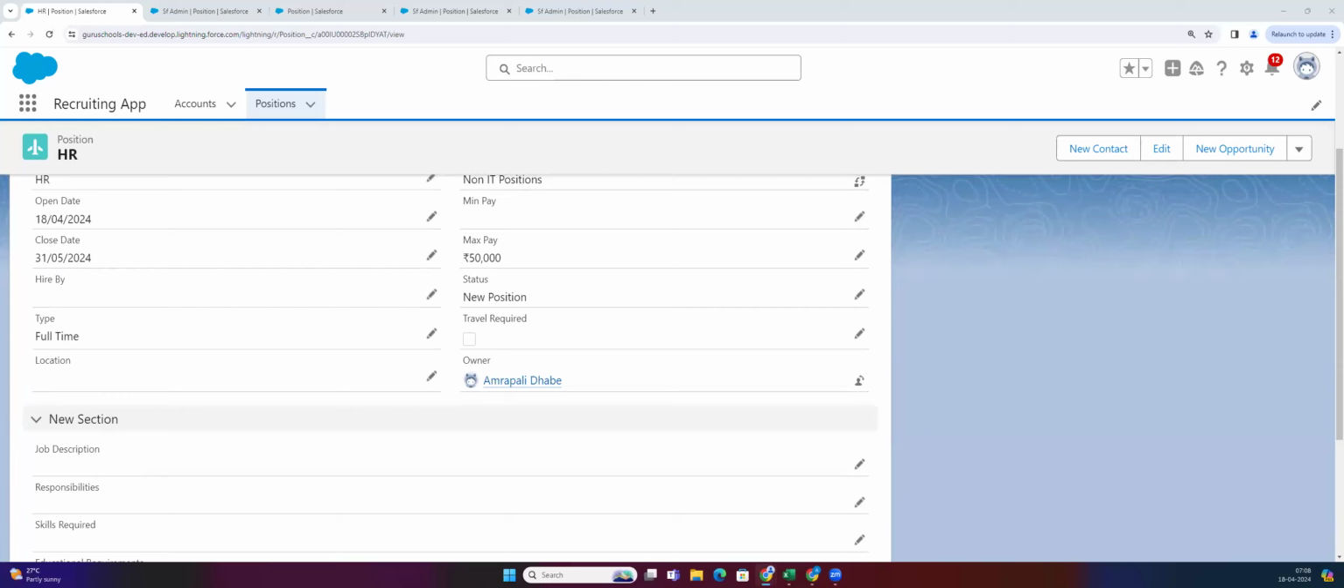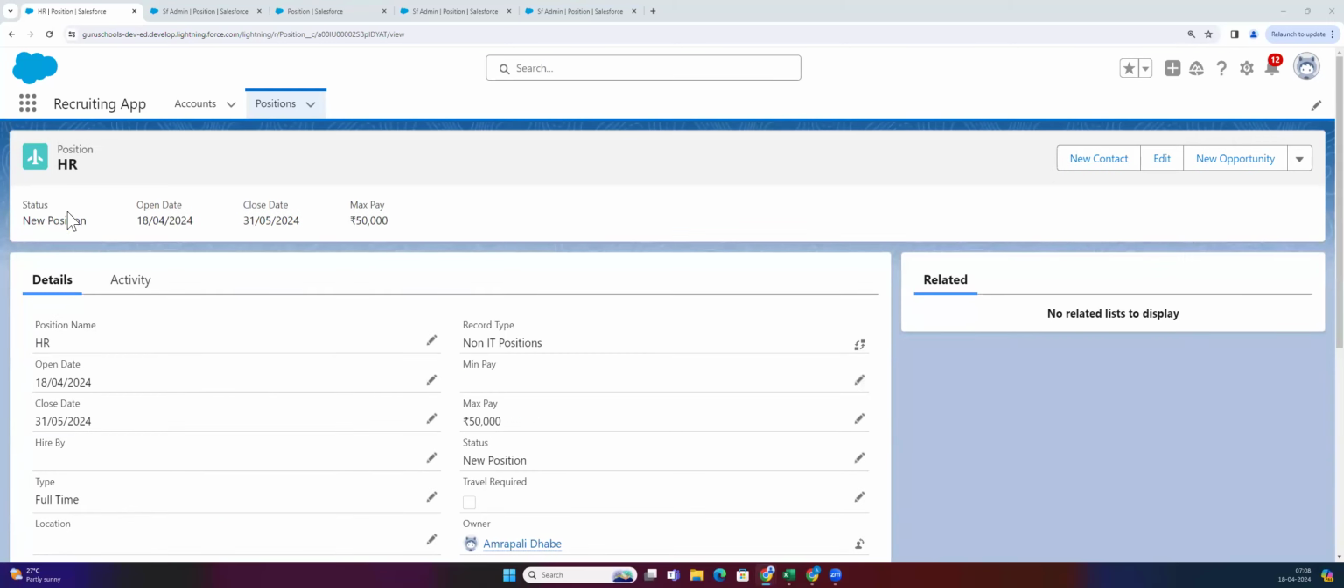So in compact layout, we add key fields to show to the user, right? And in record types, we can create different kinds of record types to specify the category of a record. Once you create a record type, you can show different page layouts and different pick list fields to the user. Right, so then we can move to the next topic,